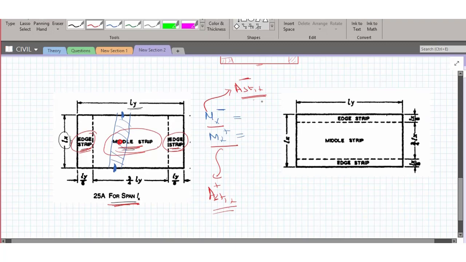Okay. So please understand, whatever Ast x minus you compute, Ast x plus you compute, you'll be placing your reinforcement here for Ast x minus. These are the bars which you'll be placing like this. And for Ast x plus, you'll be placing your reinforcement like this, alternate bars like this. So the code is suggesting that whatever Ast x minus, Ast x plus you get, you'll say, like, Ast x has 10 dia bars at 200 millimeter center to center. This 10 dia at 200 millimeter center to center, whatever you compute considering Ast x minus, you'll be providing for the middle strip only, not for the edge strip.